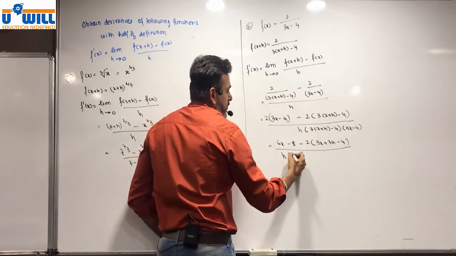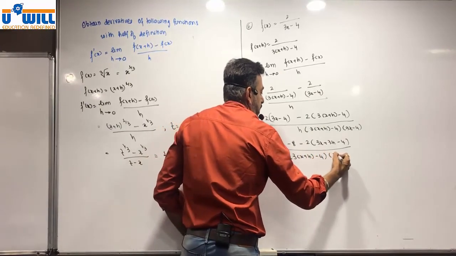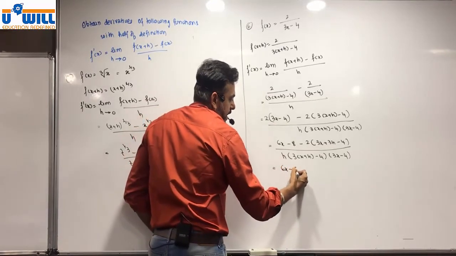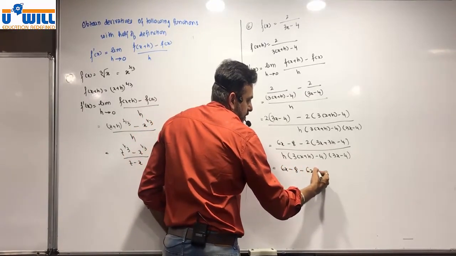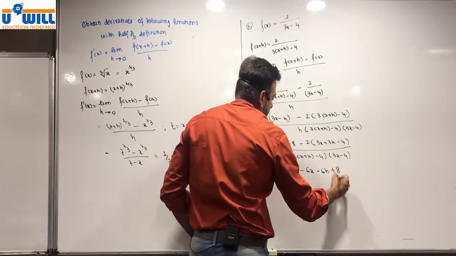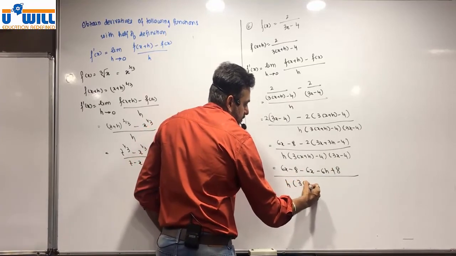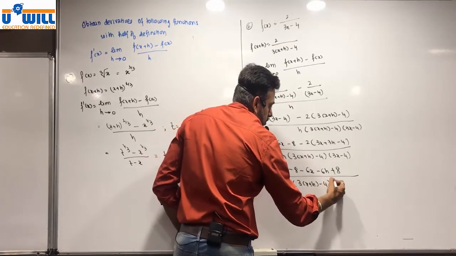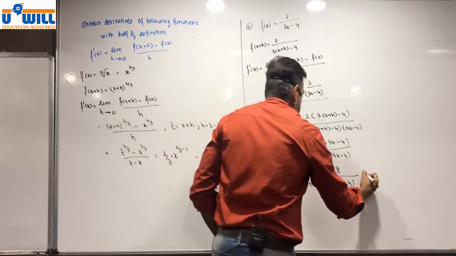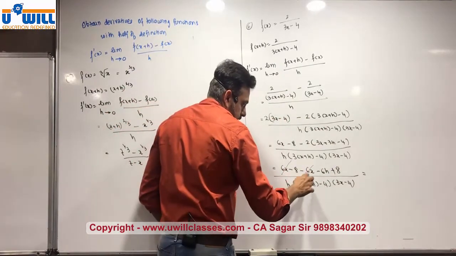We keep it as it is, 3x plus h minus 4, 3x minus 4, which is equal to 6x minus 8 minus 6x minus 6h plus 8 upon h, 3x plus h minus 4, 3x minus 4, which is equal to, now cancel